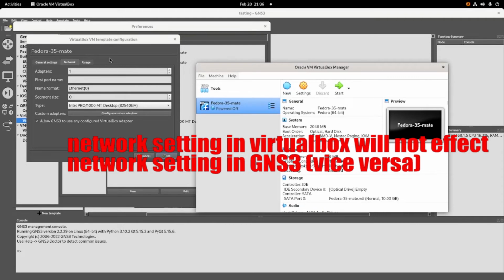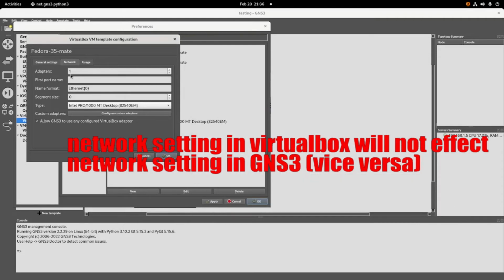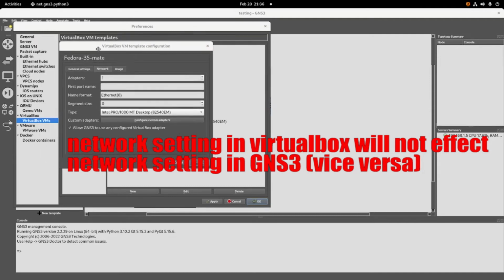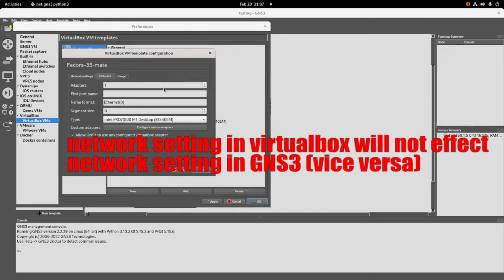But if you set two adapters in GNS3, the settings in the VirtualBox VM will have no effect on this GNS3.